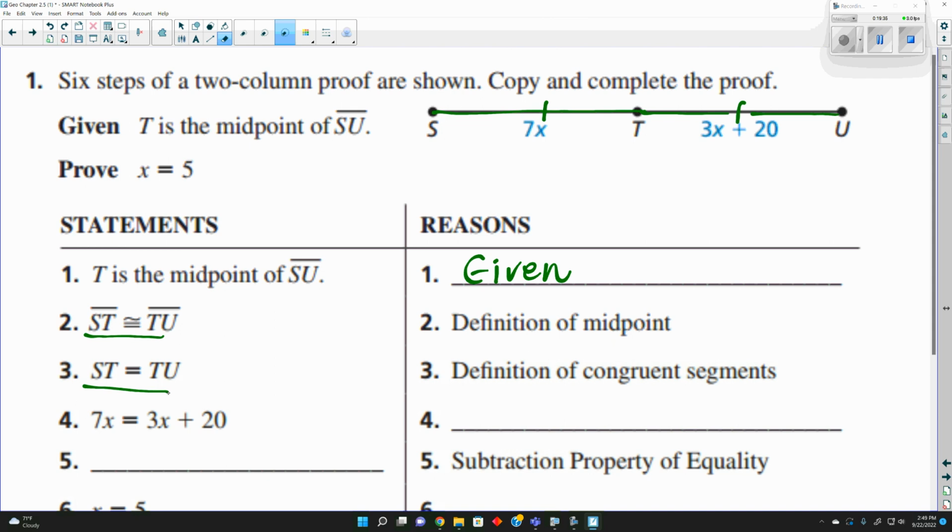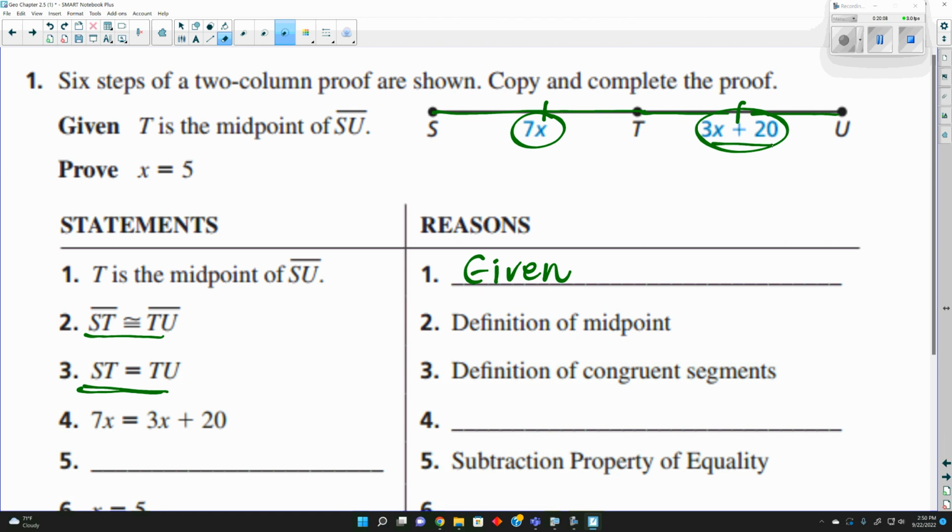So a lot of these, it goes from one to the next. Because for here, T is the midpoint. Well, if it's the midpoint, it means those 2 segments are congruent. If the 2 segments are congruent, it means they're equal. And if they're equal, here we can substitute their values in. Because for ST, its length is what? 7x. For TU, it is